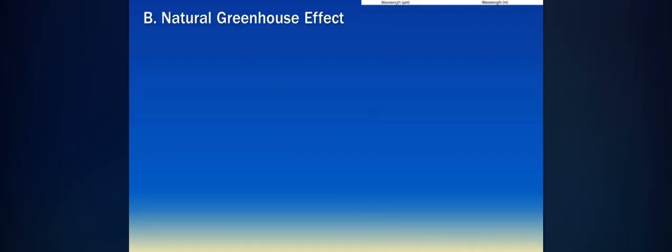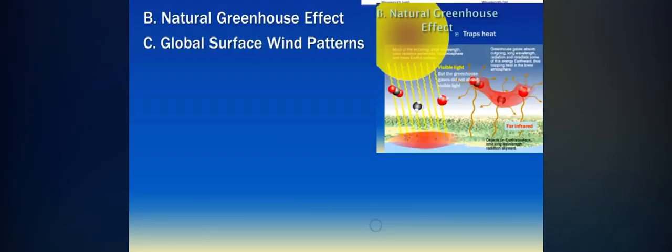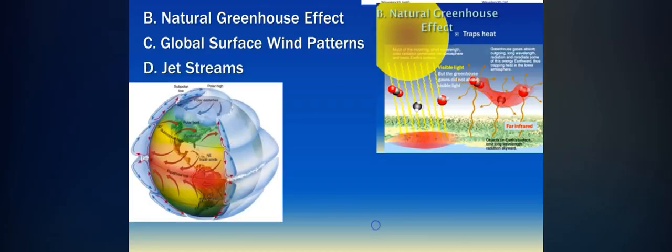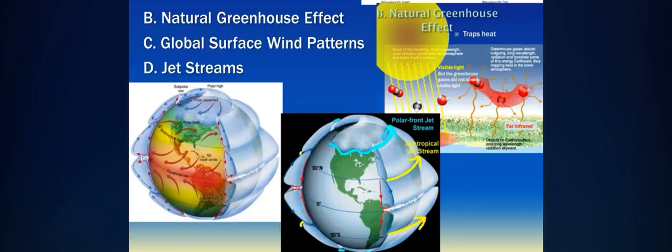It's topic 5, an overview of the climate. First off, solar radiation and something called albedo. We'll talk about the natural greenhouse effect, global surface wind patterns, and the jet stream. With solar radiation and albedo, in order to talk about this subject, we need to talk about something called the